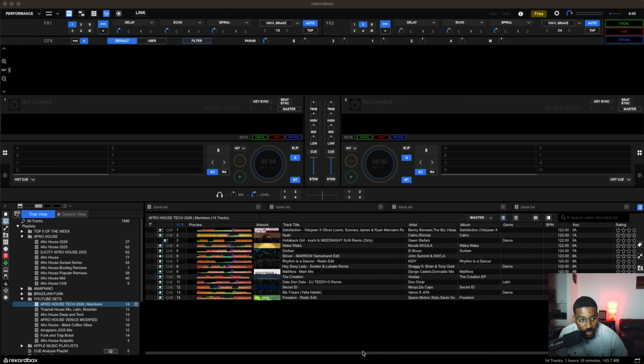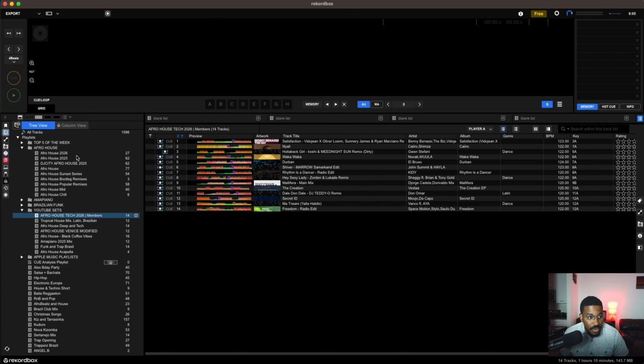I decided to record this video to go over how I organize my library currently and how I plan for my sets. So on my screen you see Rekordbox and I'm under the performance tab, and I'll show you. We're going to go to the export section first so we can take a look and see how my library